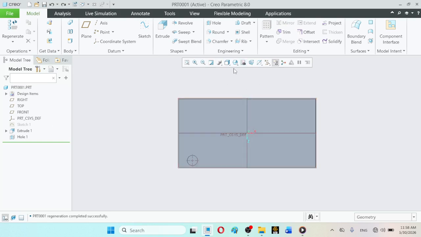For example, if we want to pattern this feature about the vertical axis as the datum axis for the circular pattern, this axis is also available.